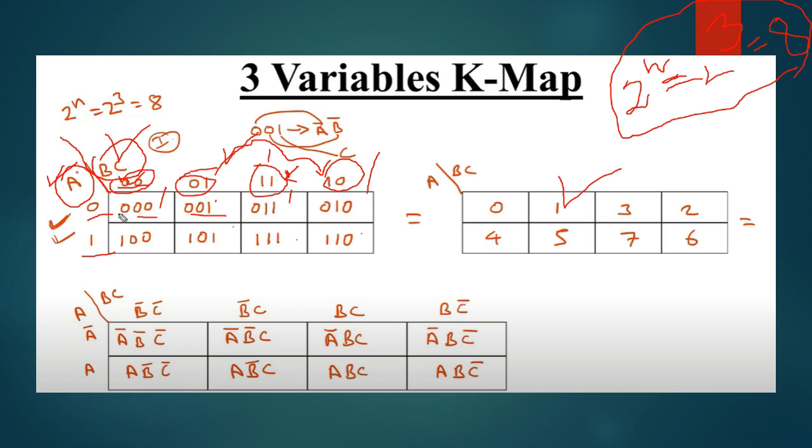A comprises the value of 0, and then BC holds the value of 01, that's why 0 and then 01. What about this one? A holds the value of 0, and from BC we have taken this 11, that's why this cell holds a number of 011. Same goes for this one. A holds the value of 0, and from the BC side we have taken this 10, so altogether the value of this cell is 010.